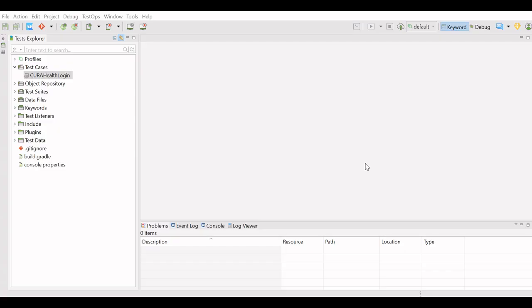In short, checkpoints can be used for normal database validation or for validation of the application after test execution against the expected results.